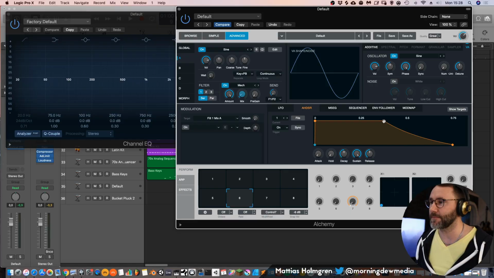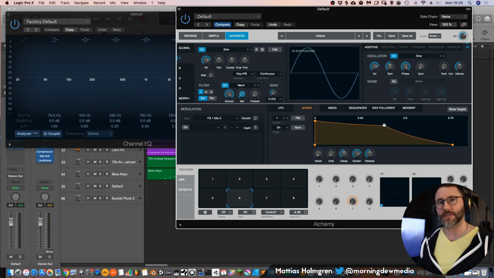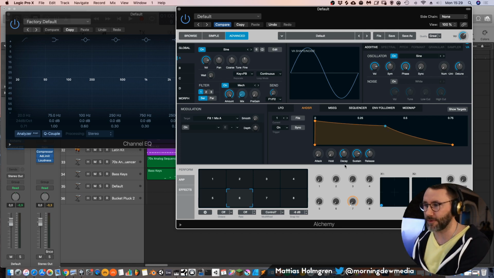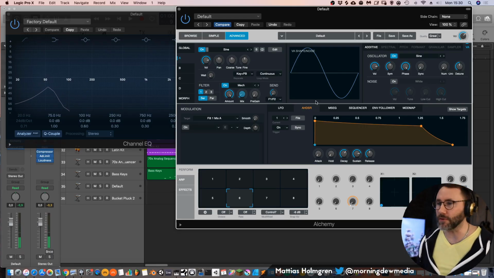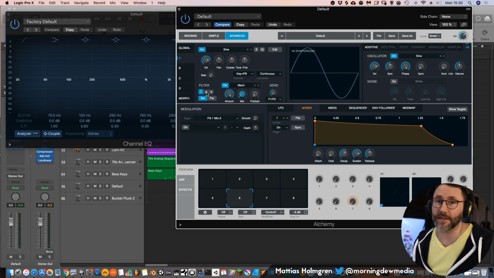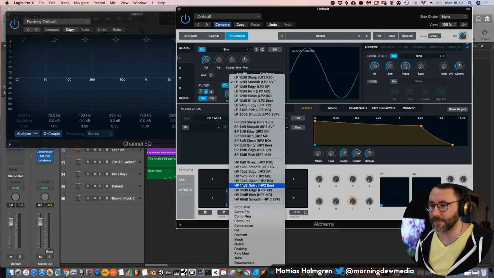Now let's sculpt the amplitude envelope slightly here, because we want to have a little bit of transient and then a little bit of fall off. Can set it to a longer decay, maybe 1 second. So we can add some more saturation to this bass by going into and add a second filter here. So we will add a second filter to this A oscillator and make sure that this one is the tube.